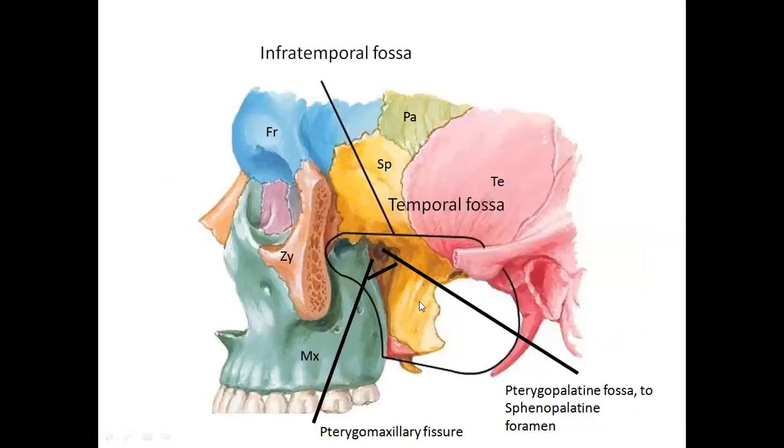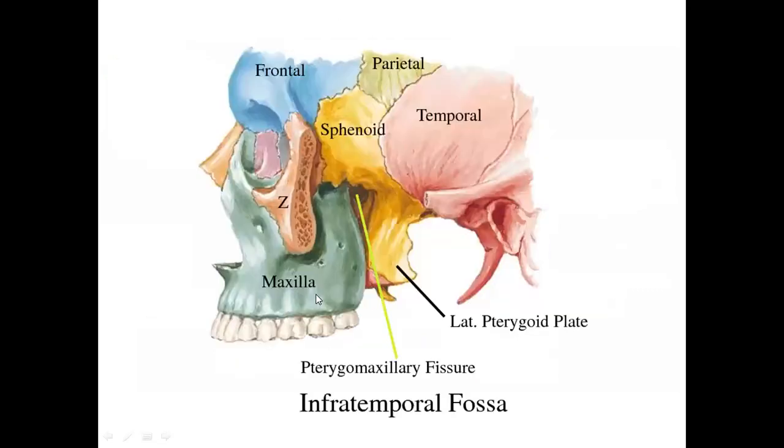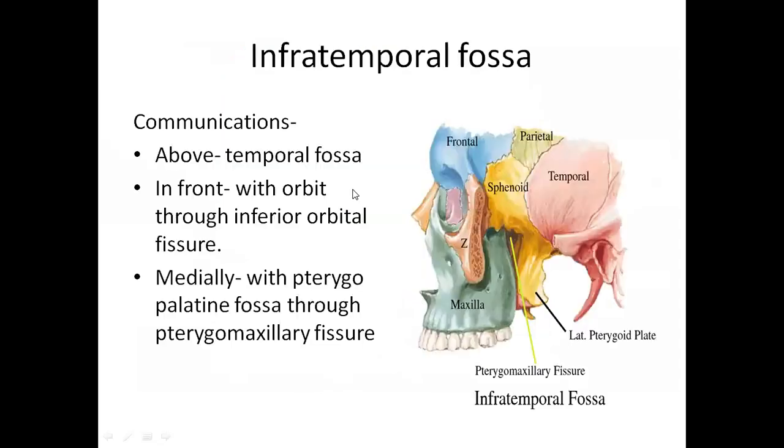See, I have used different colors to make you understand clearly. This is lateral pterygoid plate. This is maxilla bone. Between them you have pterygomaxillary fissure. Just now I have passed the probe and shown you. It will lead to a fossa, that is the pterygopalatine fossa. So different pictures have been shown to make you understand, like the zygomatic arch has been cut, and the complete area inside the square is infratemporal fossa. So we have seen this is the pterygomaxillary fissure leading into pterygopalatine fossa.